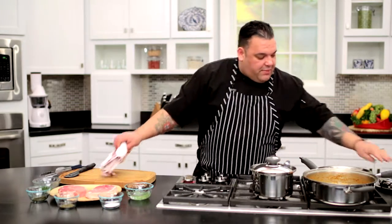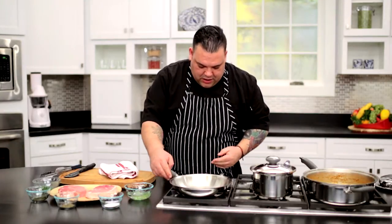Okay, so now I'm going to cook our wonderful pork chops, center cut, like I said, beautiful marbling, ready to go into the saute pan. So I'm going to move my jam over to the side, and I'm going to put my saute pan to medium high heat. This time I am not going to use any sort of oil because, as you know, pork chops got their own little bit of fat on there. So the natural grease from pork chop will go into the saute pan, and obviously we want a nice sear